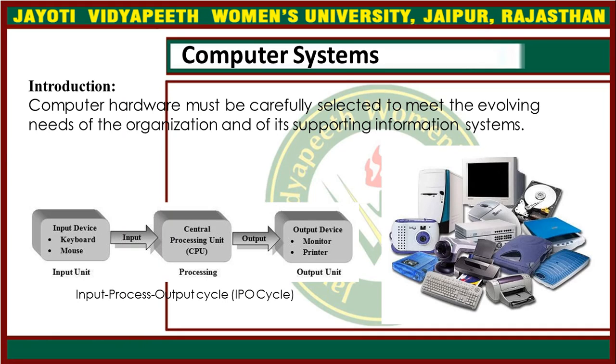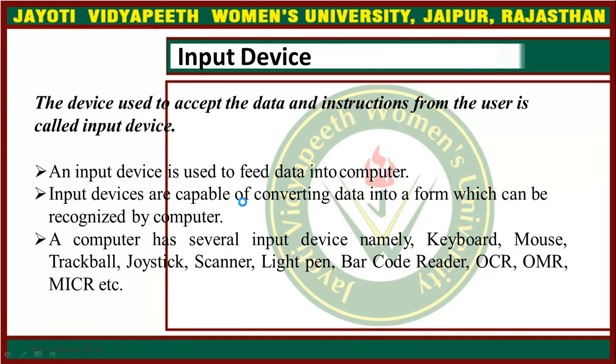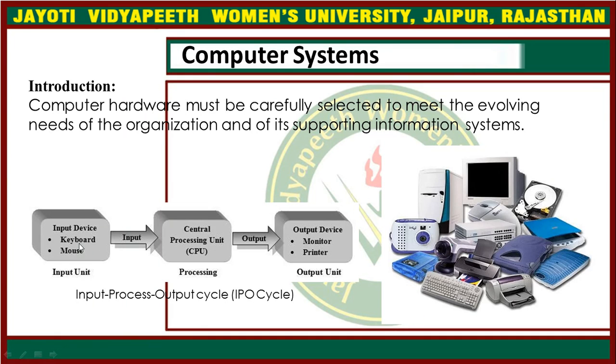Like this input-output process cycle, that is also called the IPO cycle. In this, you have seen these input devices. These are the keyboard and mouse, through which you can input the data, and this input data goes into the CPU, that is the central processing unit. After processing the data, it will finally give the output in terms of the monitor or printer. So you have seen these are the devices, like these are the hardware: monitor, CPU, keyboard, printer.